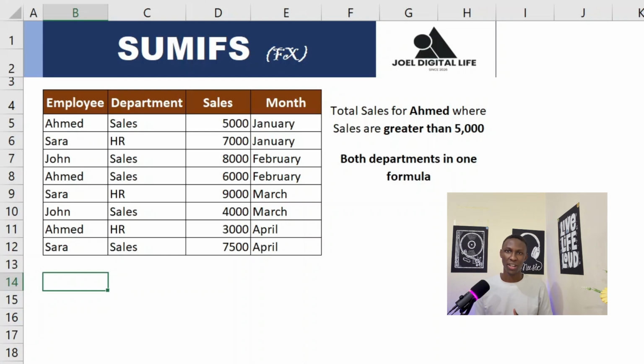Today, let's look at how we can use the SUMIFS function within Excel, and we're going to see it step